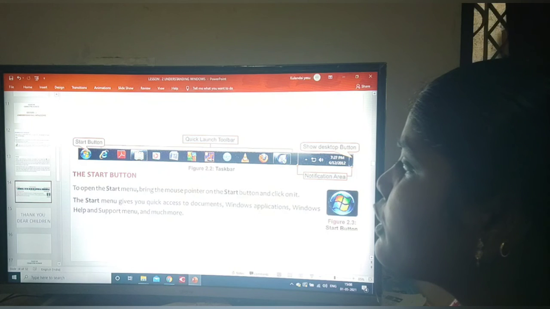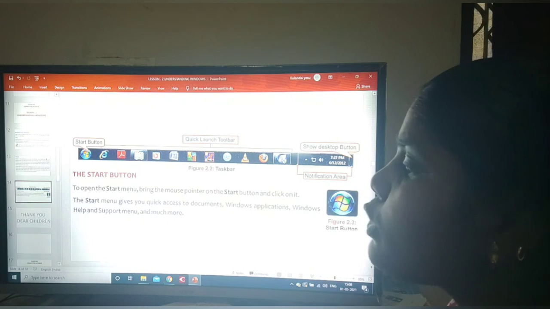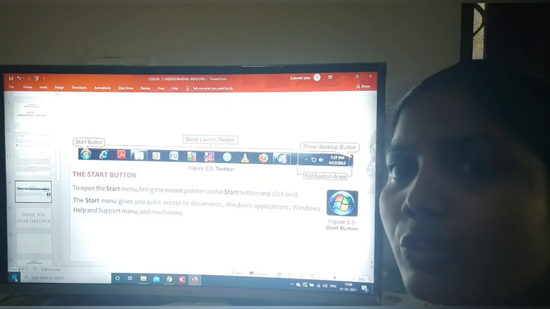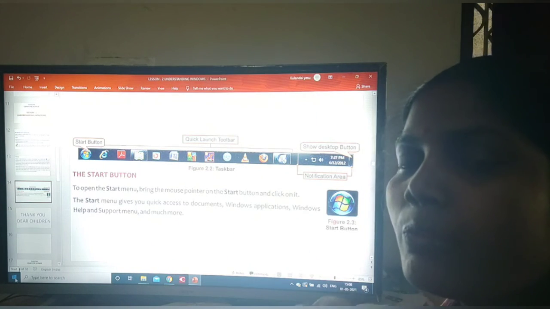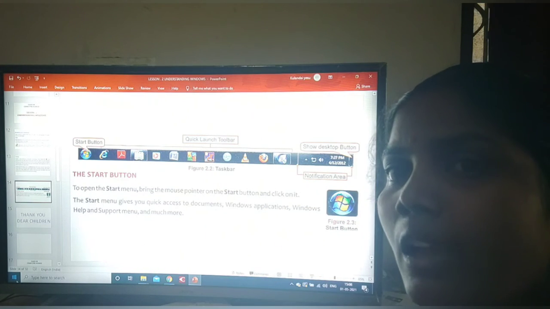The start menu gives you quick access to documents. If we open the start button, it will show the start menu. If we want to do work on a computer, we can select the particular area and then do it.